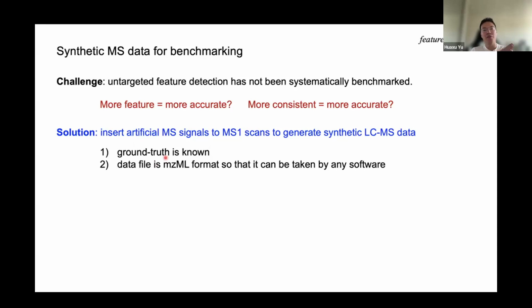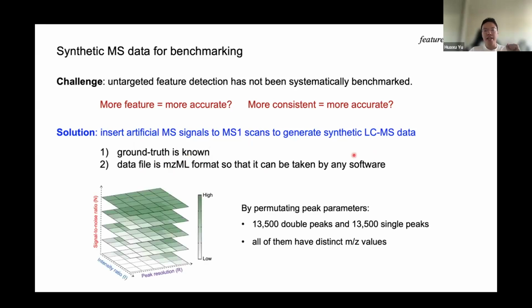So the solution here is that we generated artificial mass spec data. We inject the mass spec signal into MS1 scans, and we get LC-MS data. The data is in MZmine format, so it can be taken by any software for later processing. So in the end, we have a large number of signals that were injected into the data, and we use